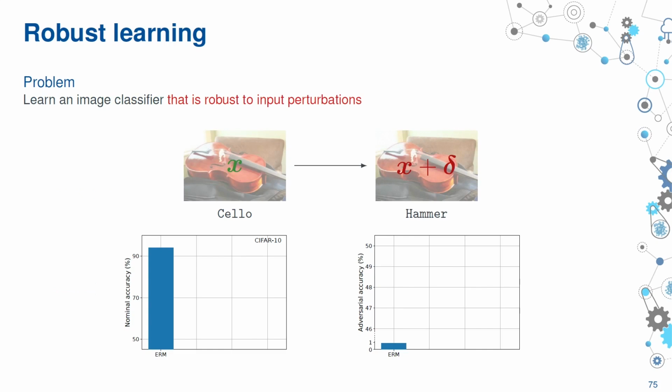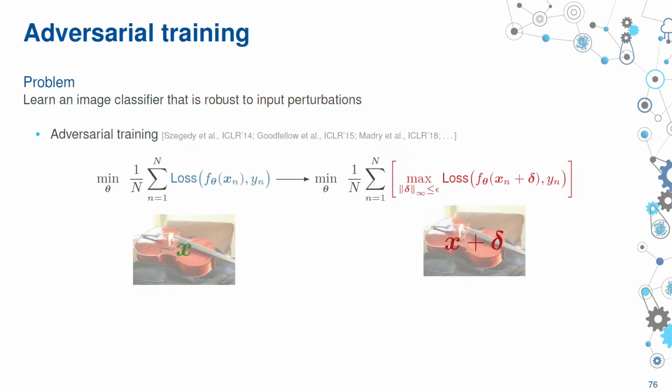We can train classifiers to classify images. This is, in quotes, easy at this point. You can take some off-the-shelf model and achieve very high performance on typical benchmarks, except for the fact that the classifiers you obtain are quite brittle. If you modify the input just a little bit, you get very different performance than on the clean data set. And this is the problem we want to mitigate here,